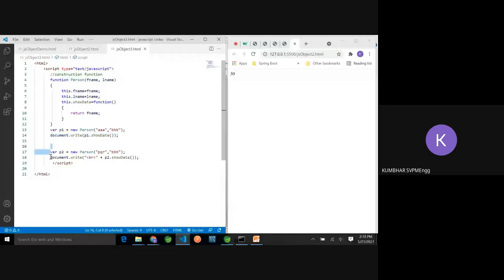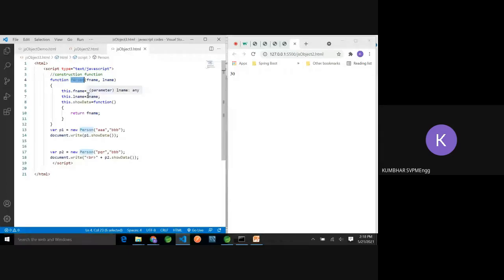Here I want to introduce you to a constructor. Suppose I am using person as a class name, then you can see that I can define the constructor of that class. Constructor means a function having the same name as that of the class. And what is the use of a constructor? To initialize the class variables.